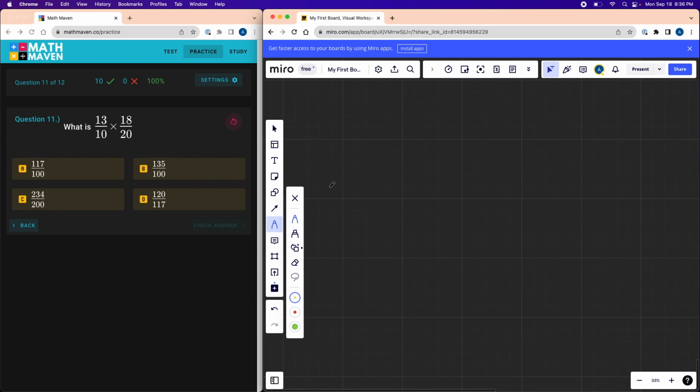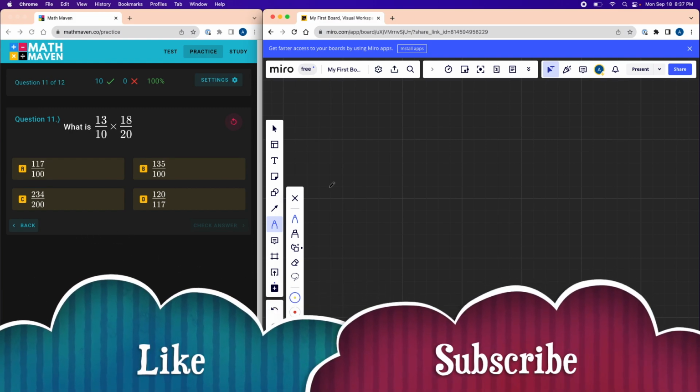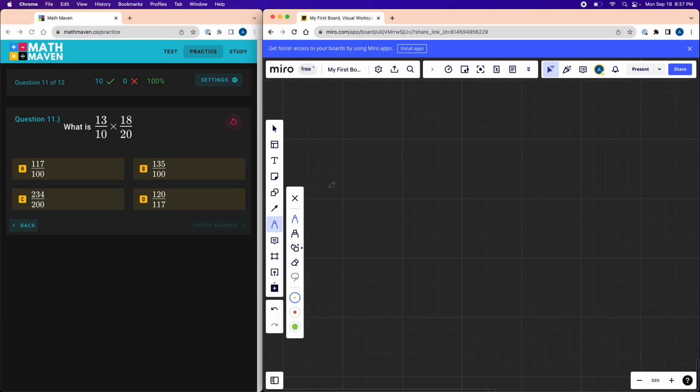All right, what is 13 over 10 times 18 over 20? So press pause and try this one out on your own. All right, so let's try and go through this one together now. Again, multiplying fractions, first thing I want to do is try to simplify anywhere I can. 13 over 10 seems to be simplified enough as it is, but that 18 over 20, we can take out